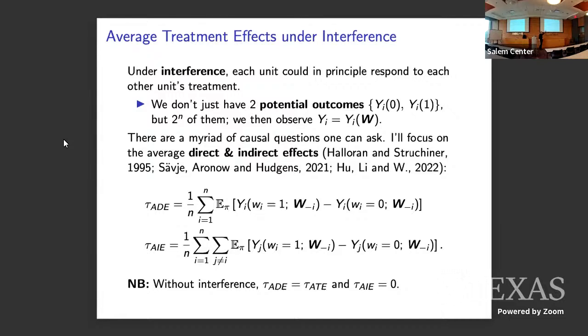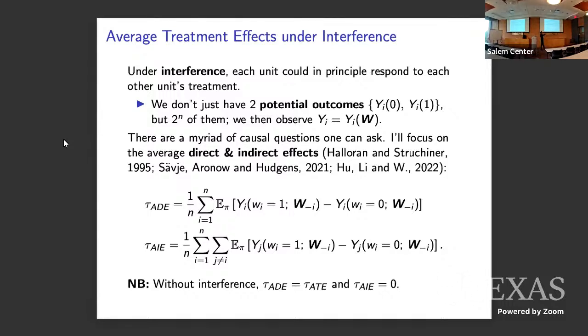So these are the questions I'm going to be interested in this talk. I'm going to want to estimate the average direct and indirect effect of a treatment. The average direct effect is just asking, on average, among people in the trial, if I toggle your own treatment, say push you from 0 to 1, then marginalizing over what everyone else gets, how does toggling your own treatment affect your outcome?